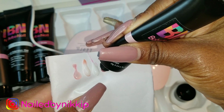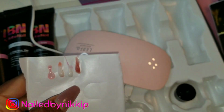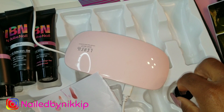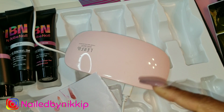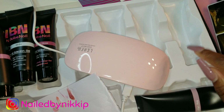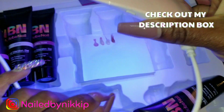So let's just give that a little go right here. And that pink doesn't look soft at all. That looks like a pink. You know, I don't know what they mean by soft pink. It looks like a dark pink to me. It's very pretty though. It's pretty. I don't think I would have called it soft pink. I would have called it like,